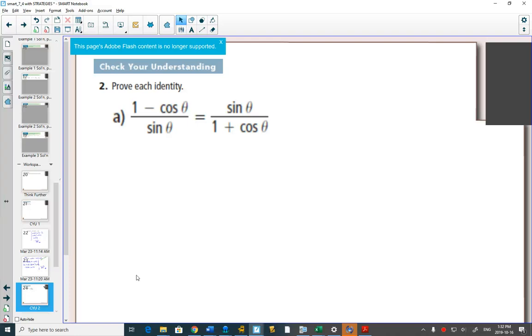Example 2. Again, take out a piece of scrap paper, draw the line, and